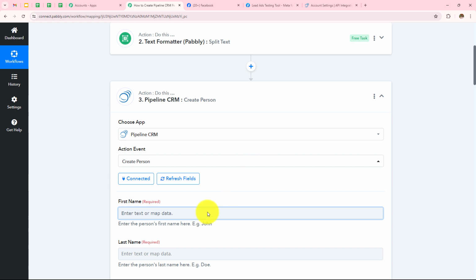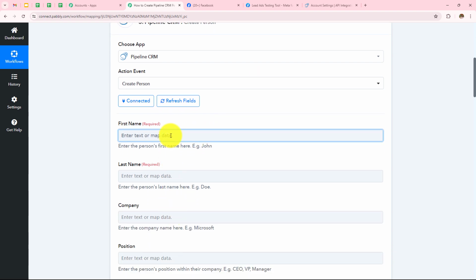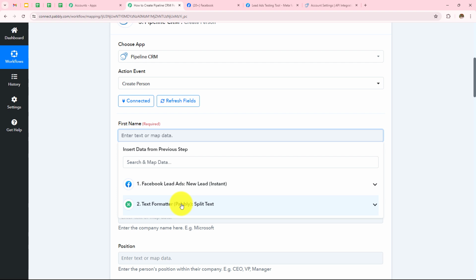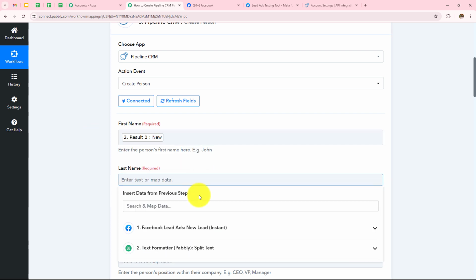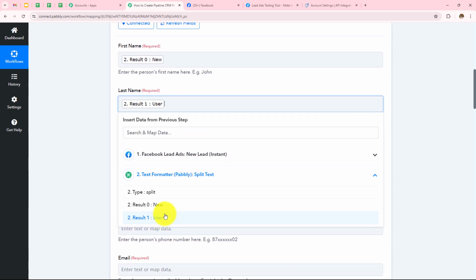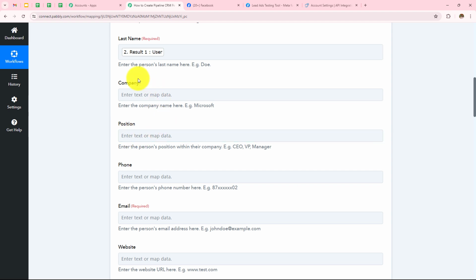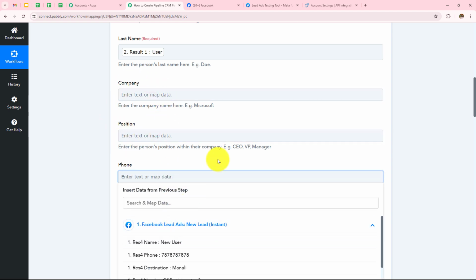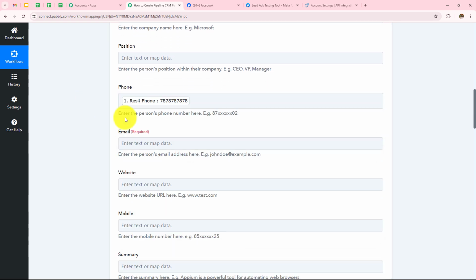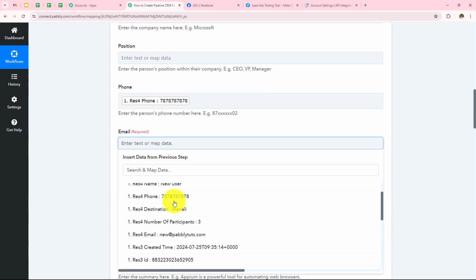So in our action step, we need to map our first name. So over here, I'll simply click on text formatter from where we have recently received the response. So my first name will be new and my last name will be user. I'm leaving these fields blank because it is not required. And map the phone number from Facebook lead ads as this one, and email address as this one,